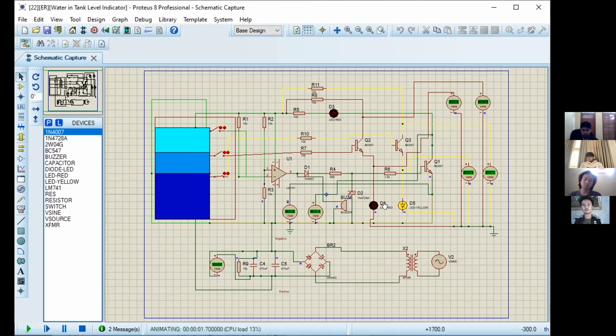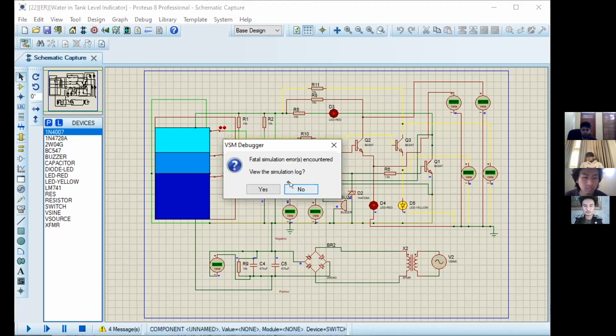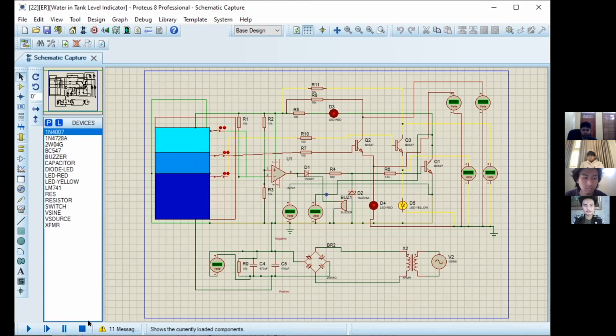And you can see, as in the explanation by Ayas, the yellow LED is already activated. Then, with the second condition where the water is rising again, but this time it's higher, the second switch is already activated. As Sandy explained before, the red LED and the yellow LED are activated. And if the water is over, let me activate it first and play again.